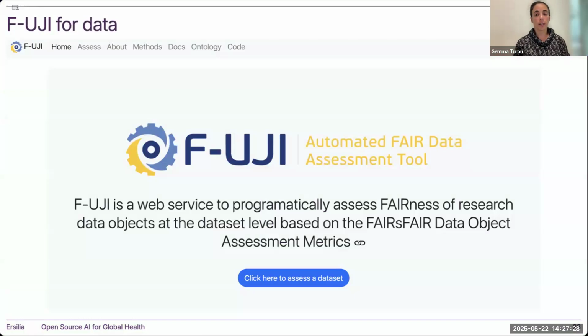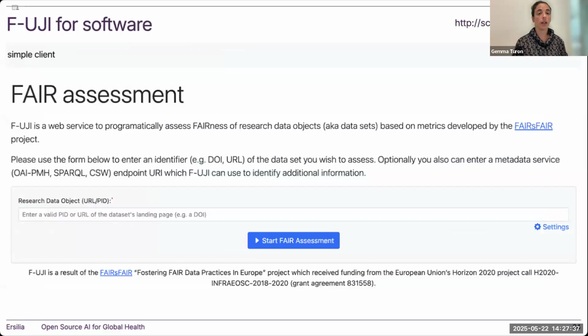So what the FAIR group was trying to do is to convert this automated assessment of FAIR data into FAIR software. There is an implementation of this F-UJI tool for research software, where instead of adding a data object here, you just put the URL of your software, and basically it will give you an automated measurement of how fair your software is.